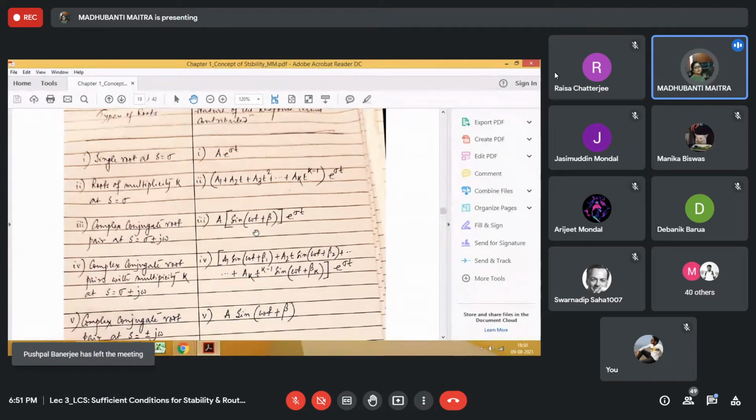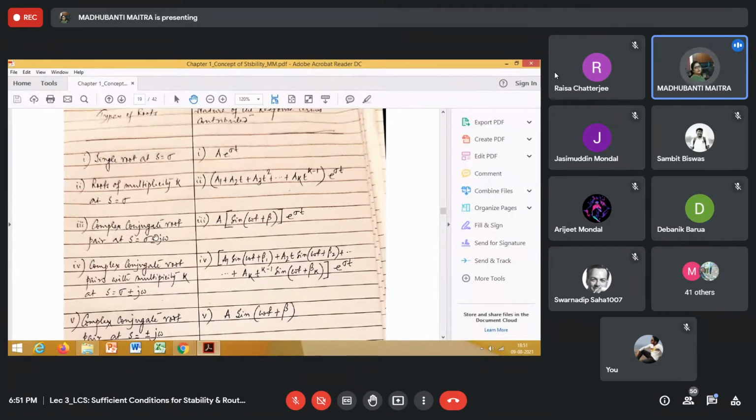So it will be a third order system. And since we are discussing linear time invariant systems, for such a system the actual response will consist of two components. One component will be contributed by this particular root, and the other component will be contributed by the two complex conjugate poles.